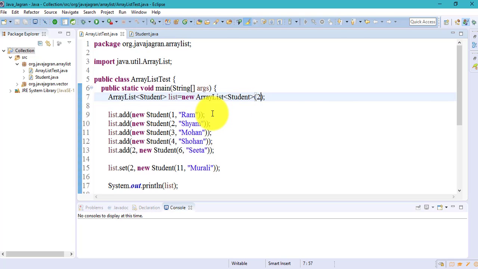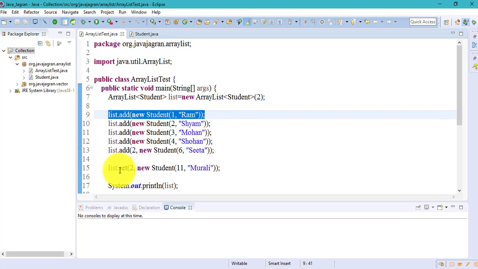That method is responsible for the growable array algorithm. It checks whether the ArrayList has become full. If full, it increases the capacity. If not full, it leaves it as it is. This is how the add method works.